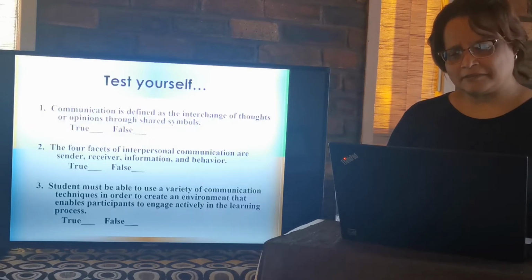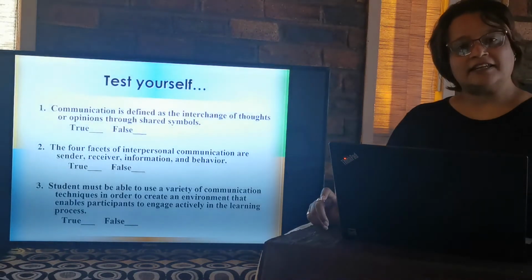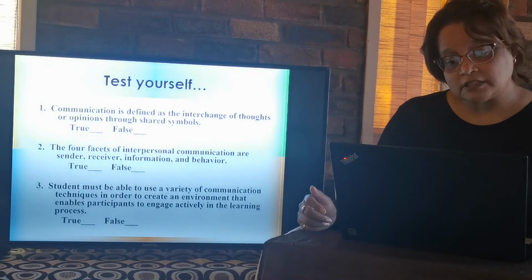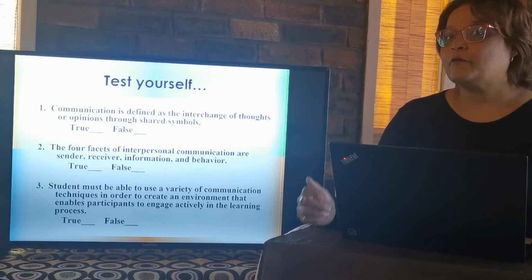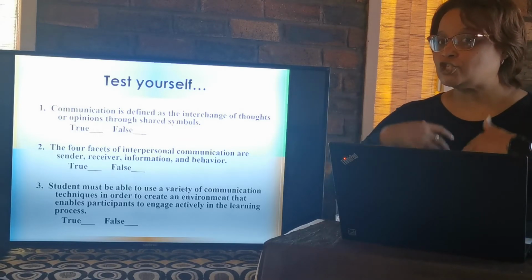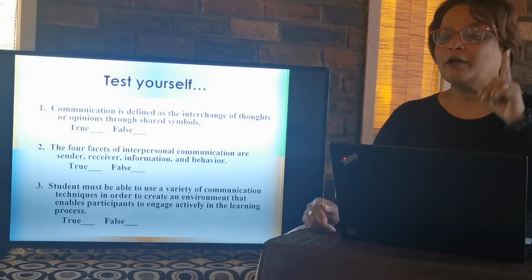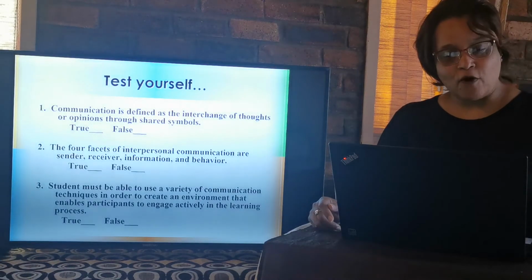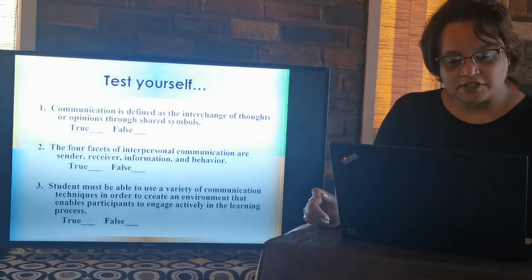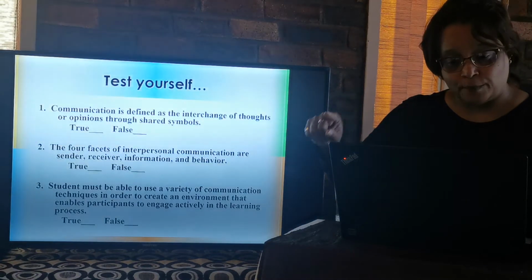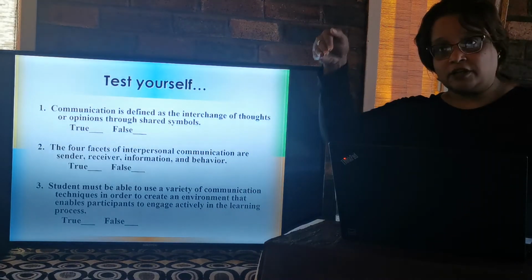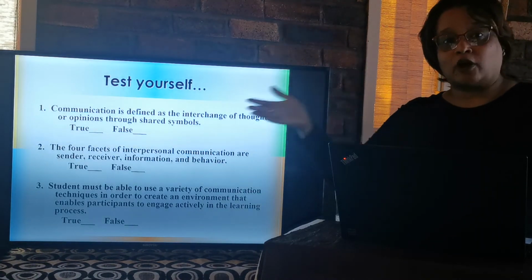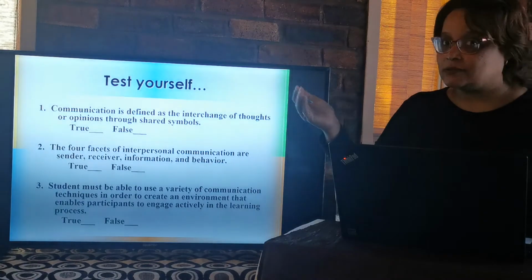Just a little brain teaser. Communication is defined as the interchange of thoughts and opinions through shared symbols. Yes, you guessed right. We are sharing information, we're sharing thoughts, so it would be true. The four facets of interpersonal communications are sender, receiver, information, and behavior. The sender, the receiver, information, and when information is received, you're going to behave in a certain way. So it is